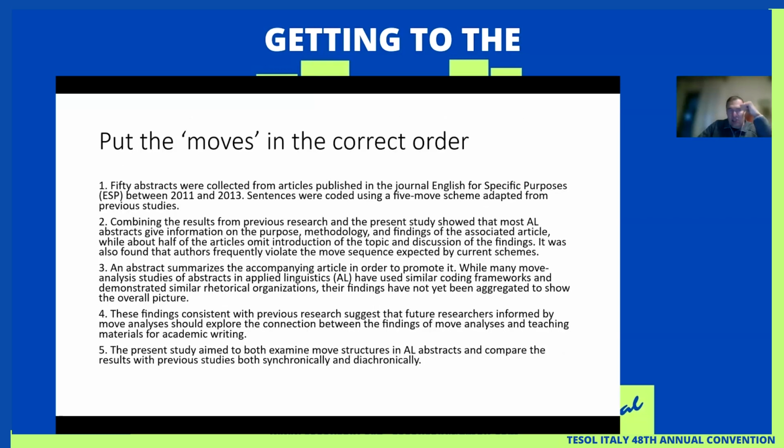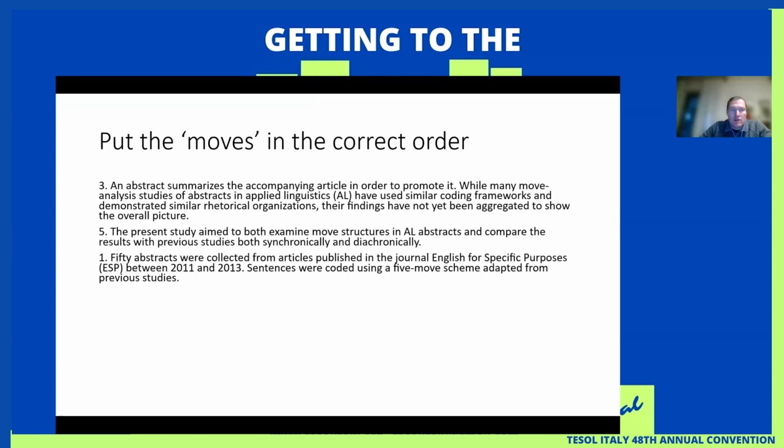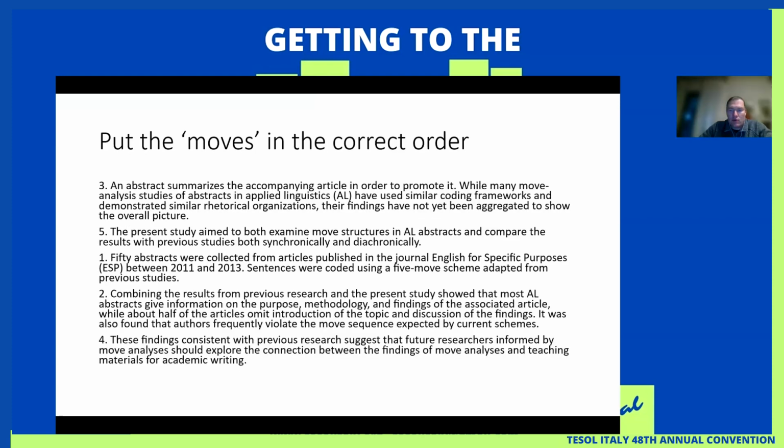Then I'll give them a task, something like this, to sort of practice this concept and build on it a little bit. So here they have a text, I think it's about research article abstracts. And what they have to do here is these moves, the 5 moves, all 5 are present, they have to put them into the correct order. So if you put them in the correct order, it looks something like this. So they work in groups, they discuss it.